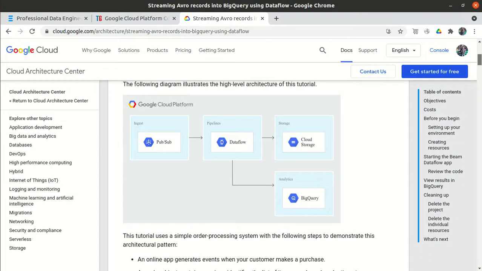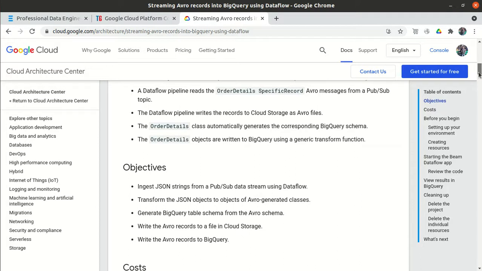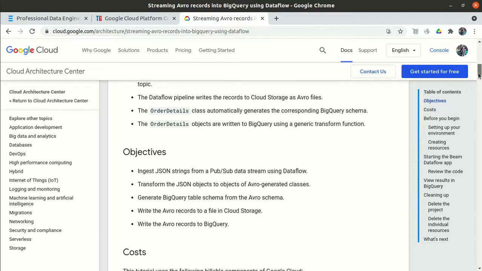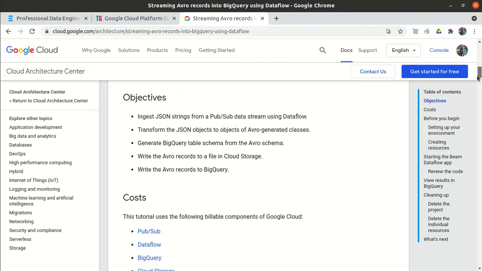So does it mean option B is correct? Ingest JSON strings in Dataflow and transform them into Avro generated classes.